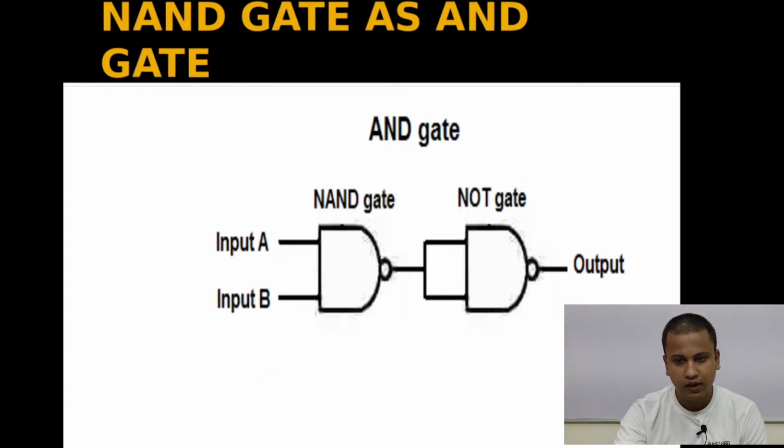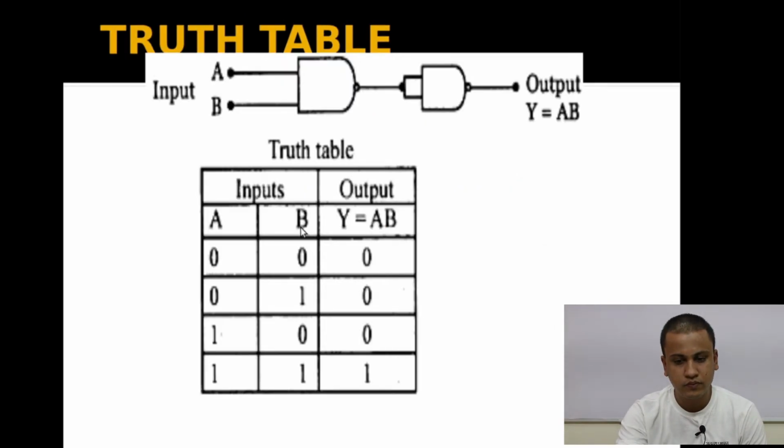Similarly, NAND gate as an AND gate. In the previous slide, we have discussed the NOT gate, and we have manufactured this by short circuiting these 2 inputs. So if we take the NOT of NAND, friends, then our answer will be the AND gate itself. We will get the AND gate. Let us verify this by our truth table. So 0, 0, what was the answer in NAND, 1, but here we have negated the output.